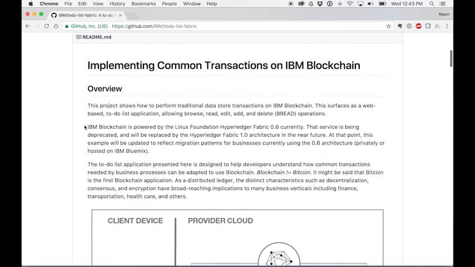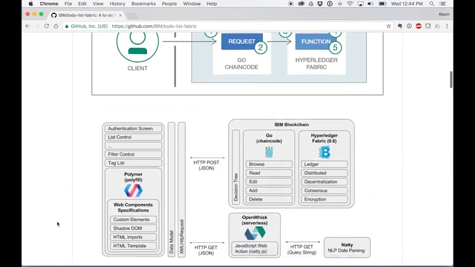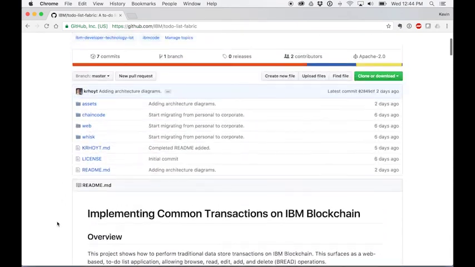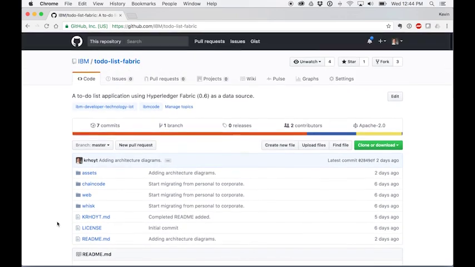There's a write-up on how this all works and the architecture and some of the diagrams you might need, how to get it deployed and running. So there's all kinds of great information in there for you. Of course, all the code you can review as well to see how all this works. I encourage you to play around with it. If you like it, you want to contribute to it,